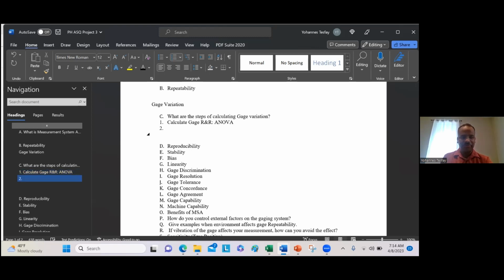Then second, check whether part to part variation is significant. This is our question: is part to part variation significant? If yes, then conduct ANOVA